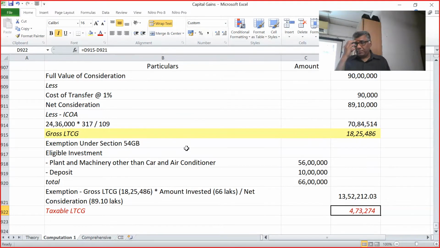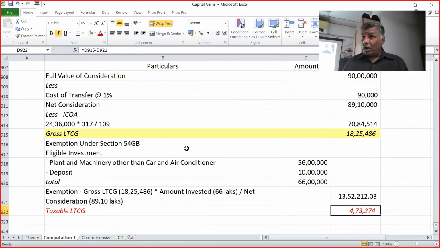So, friends, if you look at the exemptions, I can call 54, 54B and 54F as exclusively for non-business. 54EC falls at both the places. 54D and 54GA are exclusively business, and 54GB is a combo where when you sell it's a domestic asset, and when you invest it becomes a business asset. Okay, so these are all the various exemptions you can claim.